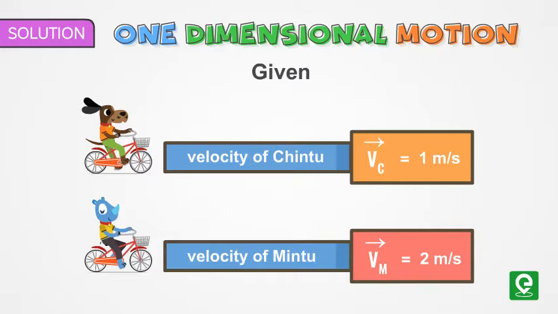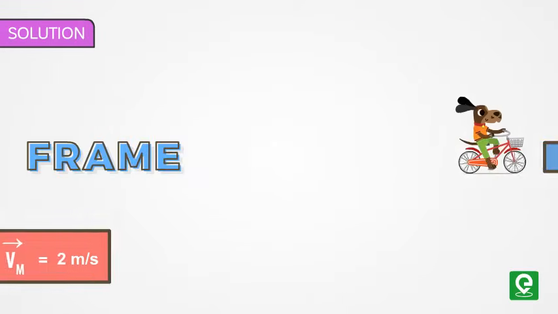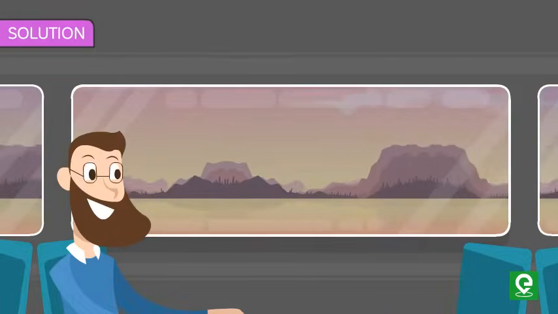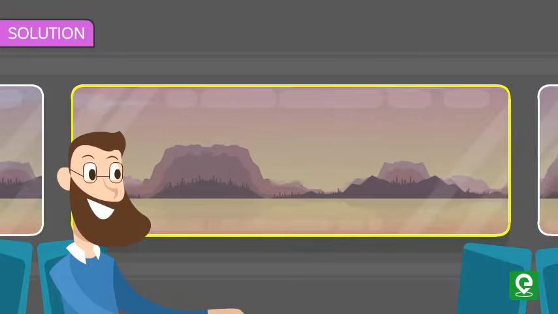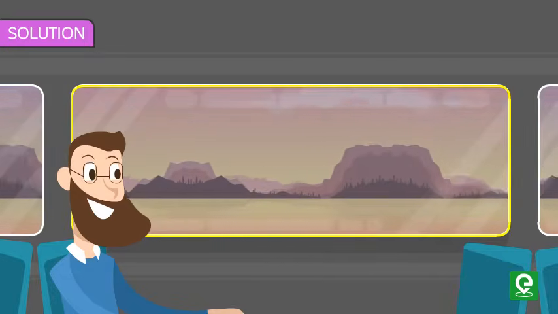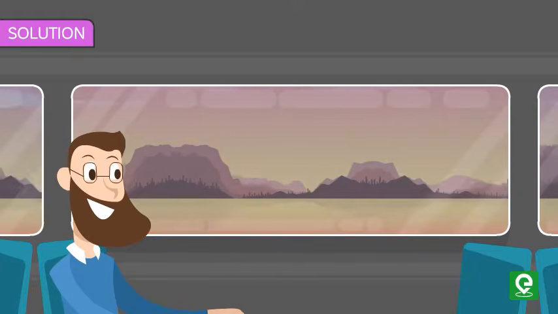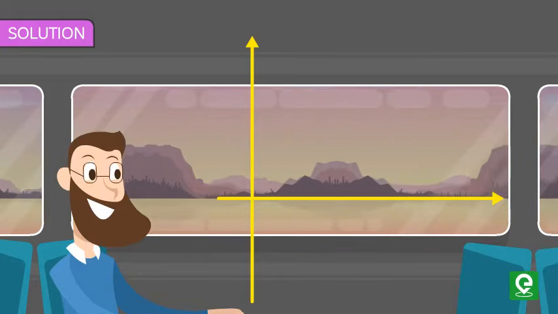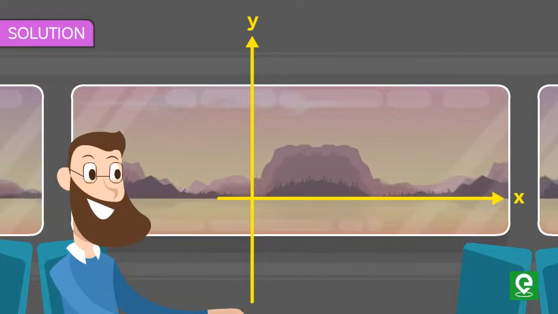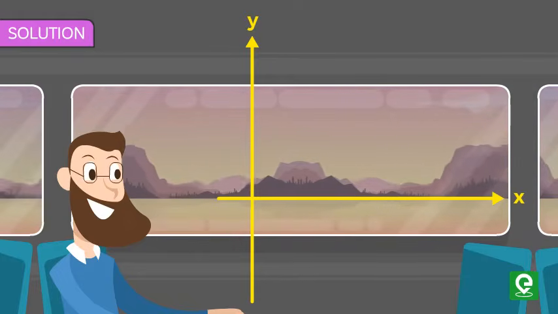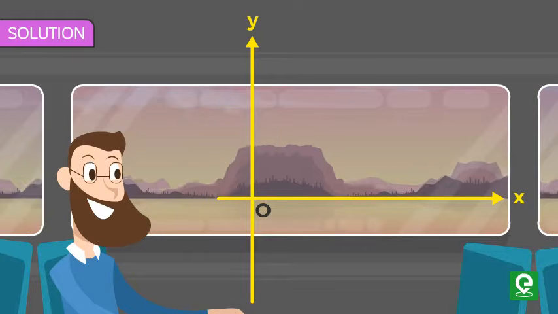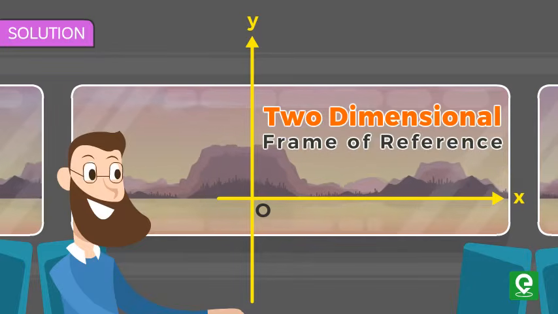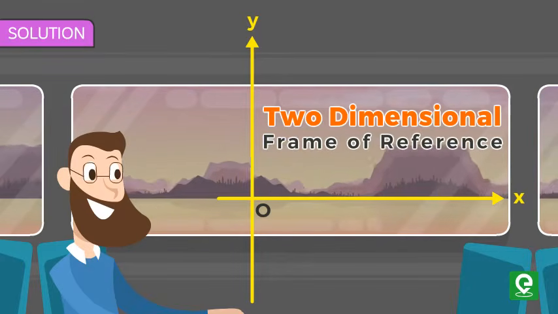Before solving the problem further, let's try to understand another important term, frame of reference. Frame of reference is almost like I am carrying a picture frame around with me and trying to see the entire world through this picture frame. Or in other words, I keep this frame as a reference to see things from my point of view. Now, if I call one of the edges of the frame as y-axis and the other edge as x-axis, the corner where both these edges meet becomes the origin. This is my two-dimensional frame of reference. If nothing else is mentioned, then this frame is assumed to be attached to the earth.